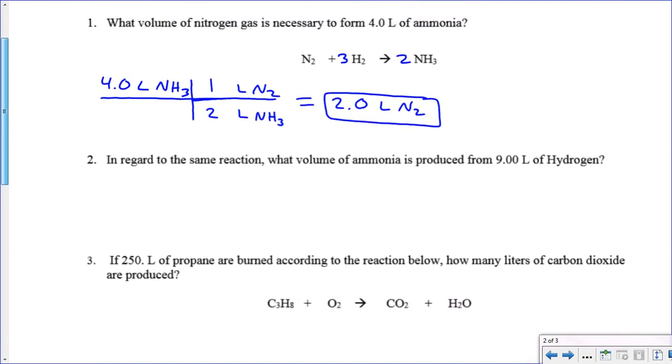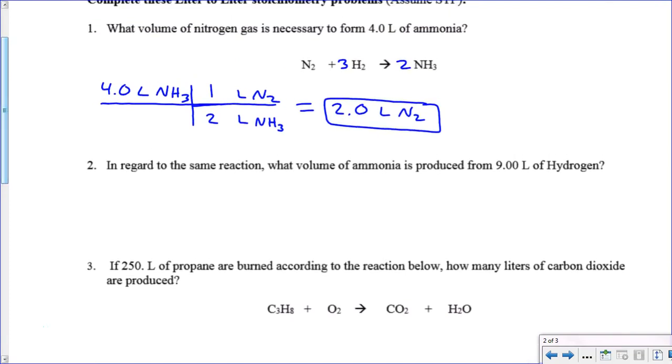These all go about the same. It said, in regard to that same reaction, what volume of ammonia is produced from 9 liters of hydrogen. So we start here at 9.00 liters of H2. Again, we're just going to be doing a liter-to-liter conversion, from liters of H2 to liters of NH3. And we know that there are 2 liters of NH3 for every 3 liters of H2 based on that balanced chemical equation. Again, we're just looking at the coefficients there. And if we do that, we get